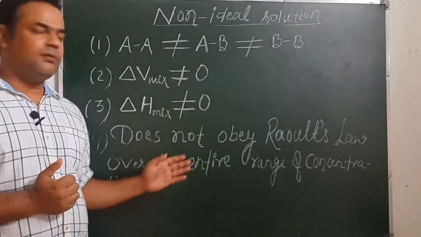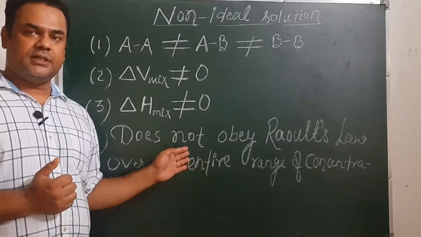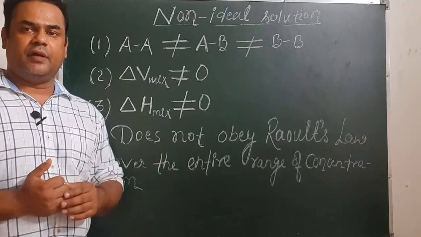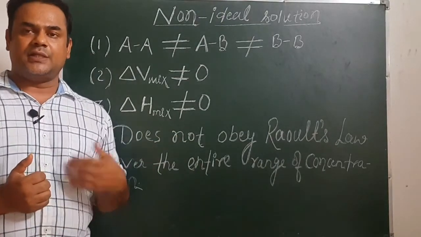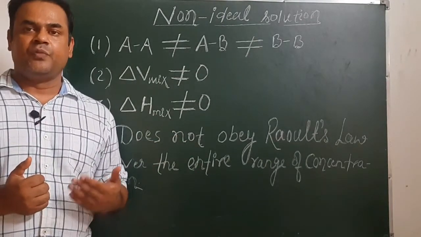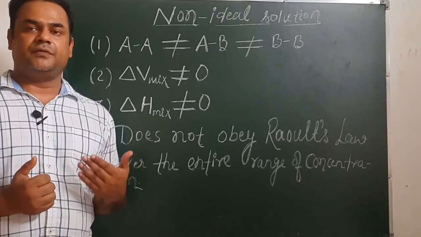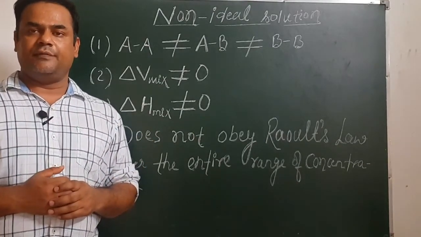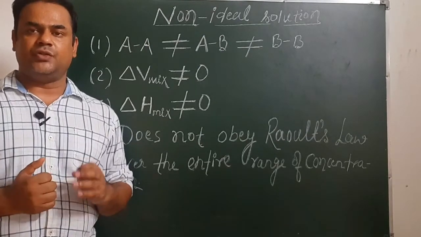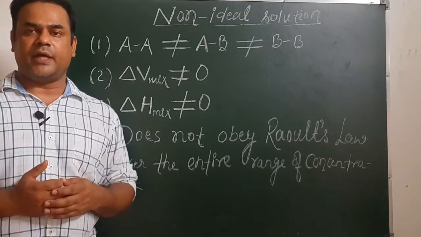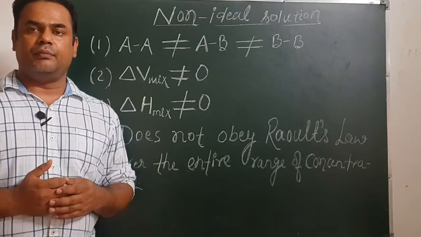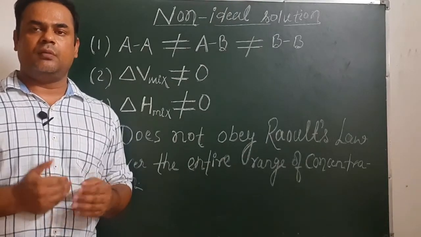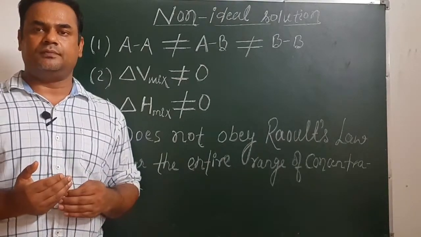So with the help of graph, the phase diagram, we will understand positive and negative deviation from Raoult's law, as well as we are going to see what are the mixtures which show positive deviation and negative deviation, and then we'll discuss a very important term, azeotrope. What is the meaning of azeotrope? What is the meaning of minimum boiling azeotrope? What is the meaning of maximum boiling azeotrope?